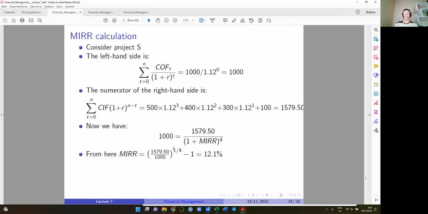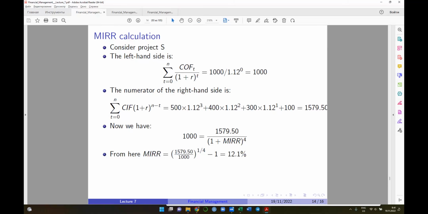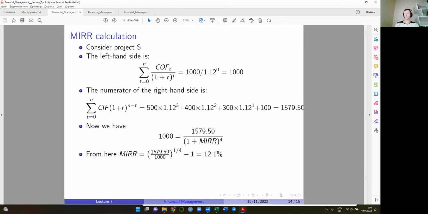This divided by 1000 to the power of 1 over 4 minus 1, and this is 12.1%. That's all. We have computed a robust measure of a percentage return. It's not internal rate of return anymore. It is modified internal rate of return, and